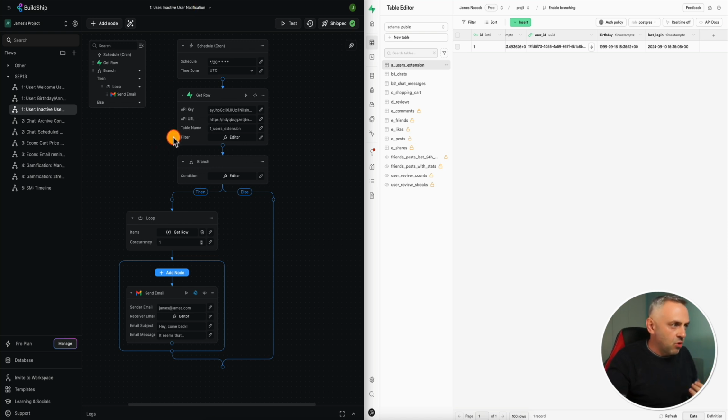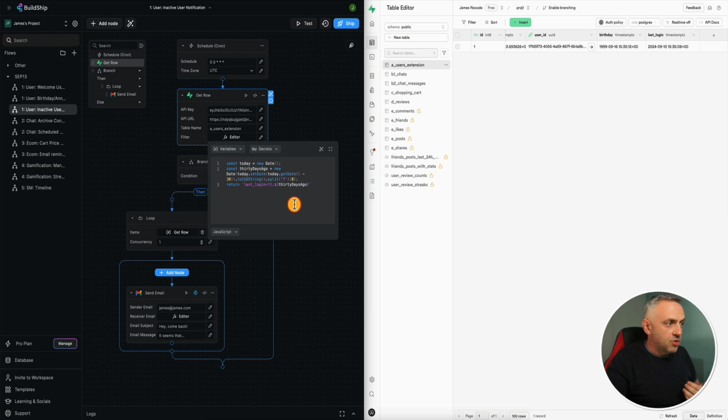And the purpose of this workflow is to send emails to users that have not logged in for some time. Here, I also have a time-based trigger, and when you want this trigger to fire is up to you. But in this case, we're checking every day to see if we find a user that hasn't logged in in 30 days, okay? And so again, we're checking this table here, A underscore users underscore extension,